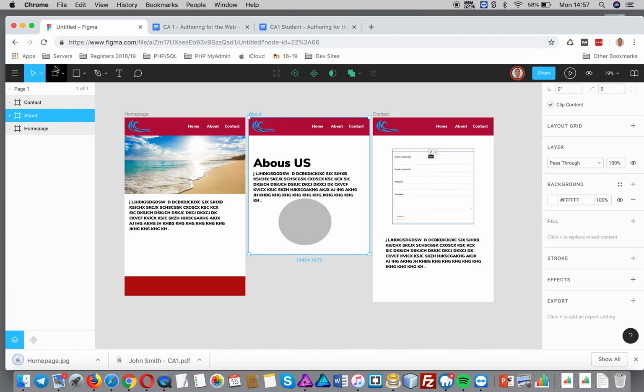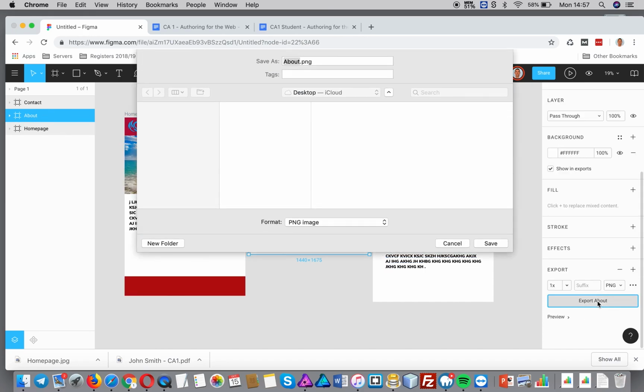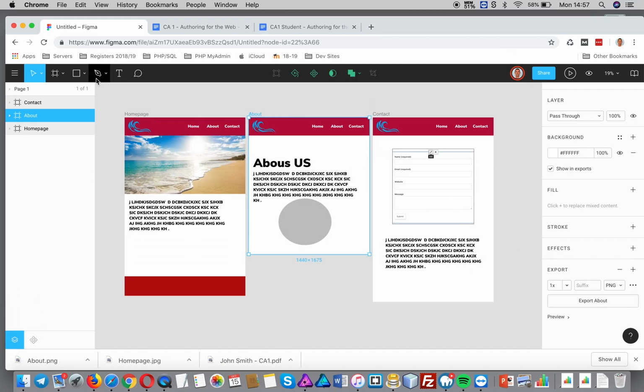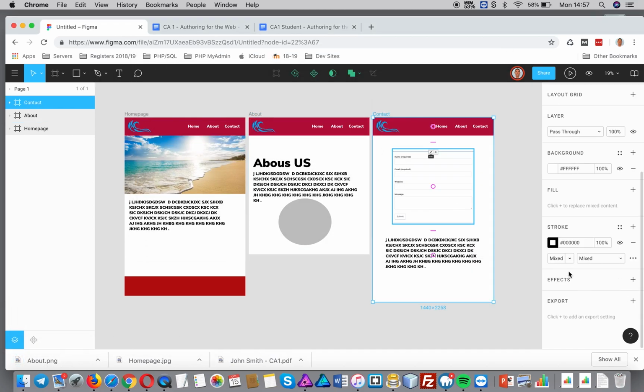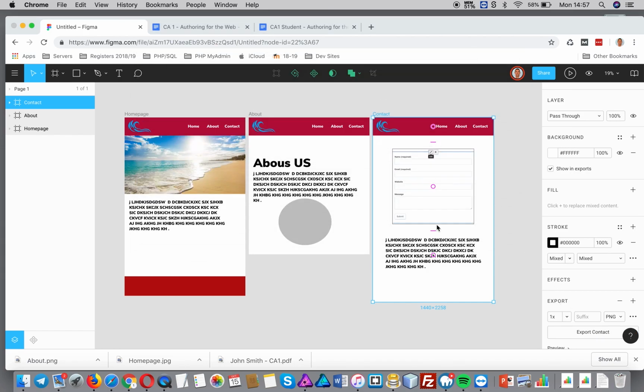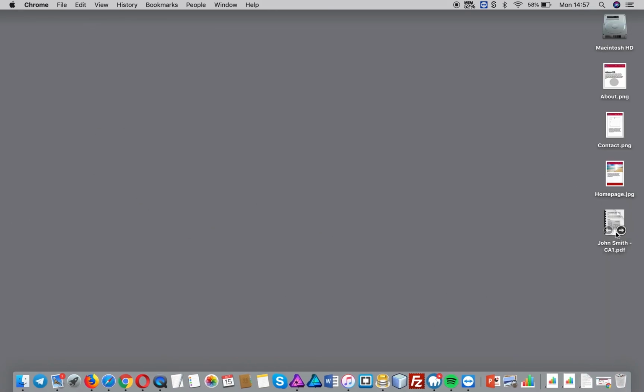I want to export the about page, export about, and you want to export the third page. When all that is done, you should have a PDF with at least 3 images and a link